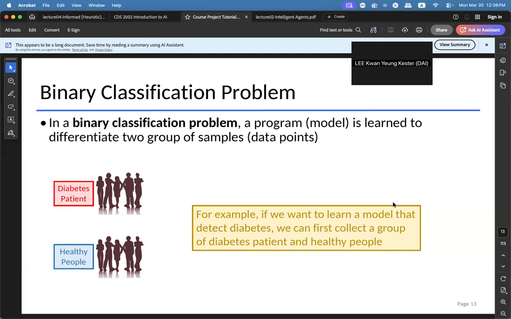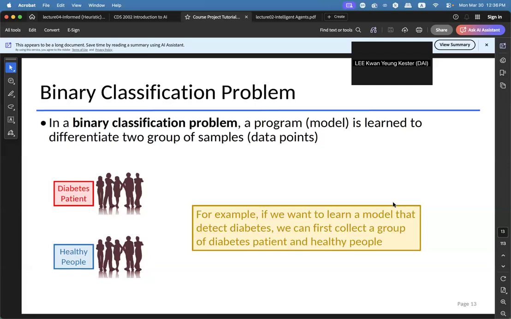The diagnosis, in fact, is trying to compare the patient against diabetes patients' and normal people's physical conditions. The concept of diagnosing a disease is very simple: the doctor is comparing your physical condition against the typical physical condition of diabetes patients and healthy people.